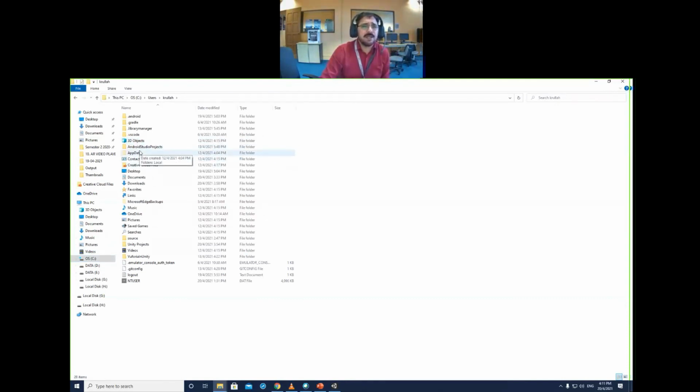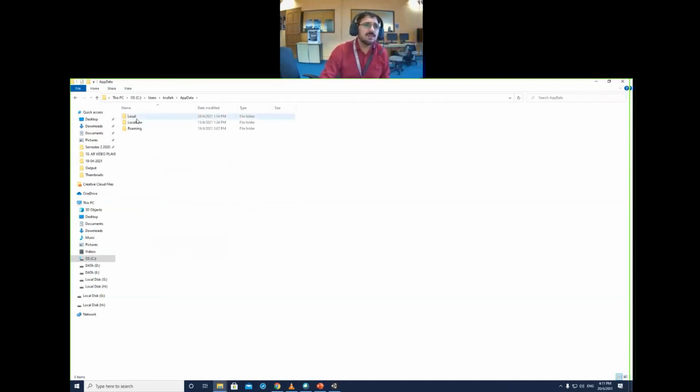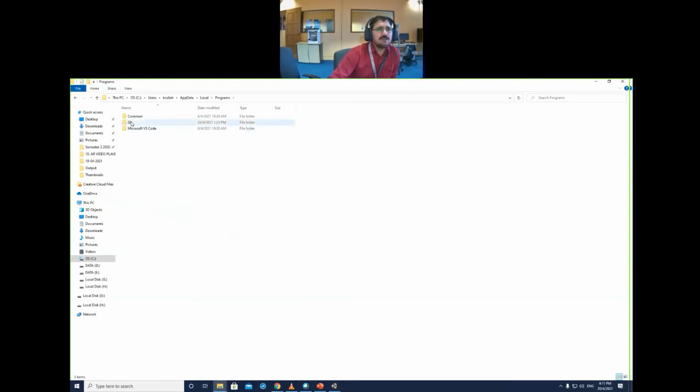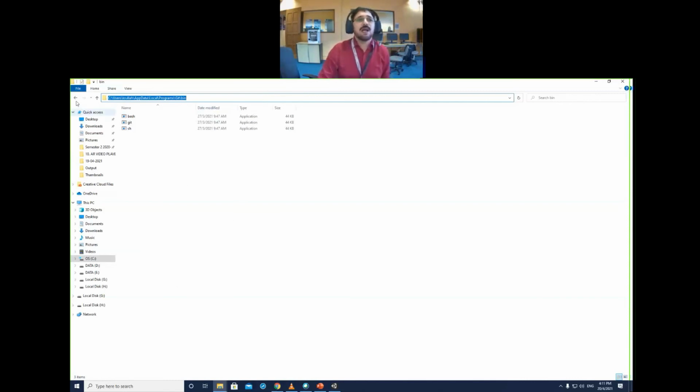This app data is by default hidden, but I have changed the properties of my folder option, and now it is visible. So if you go to local and then go to programs, and then you see git, and then the bin. Okay, this path you will have to copy.